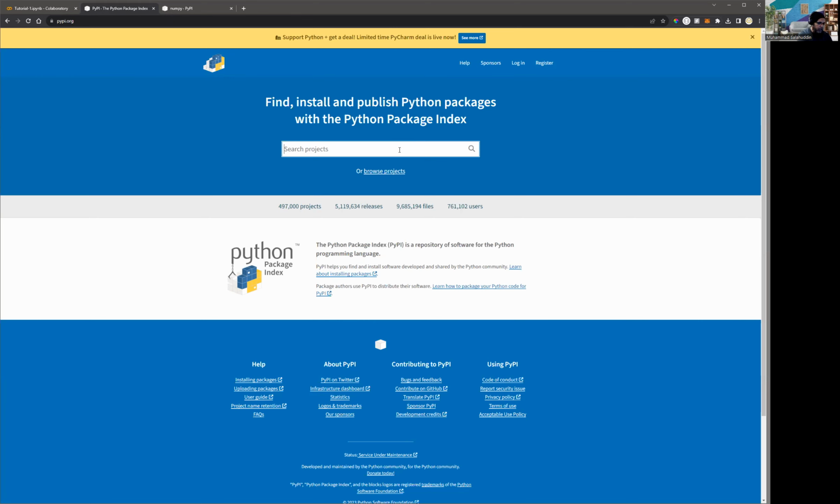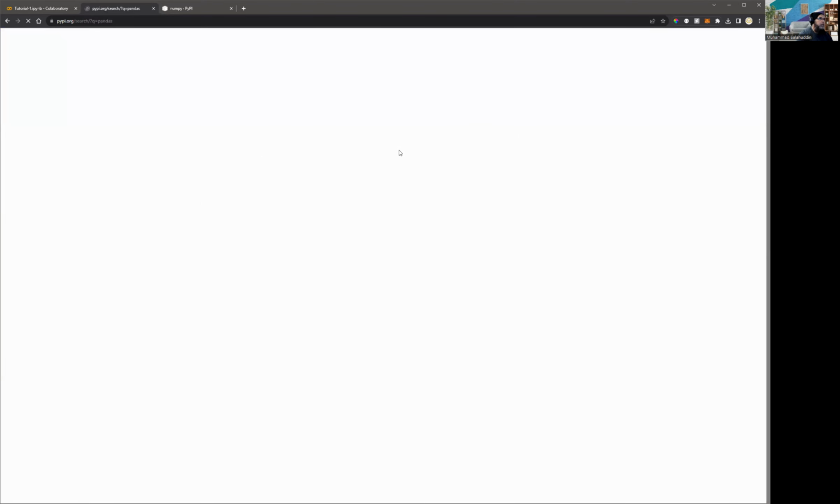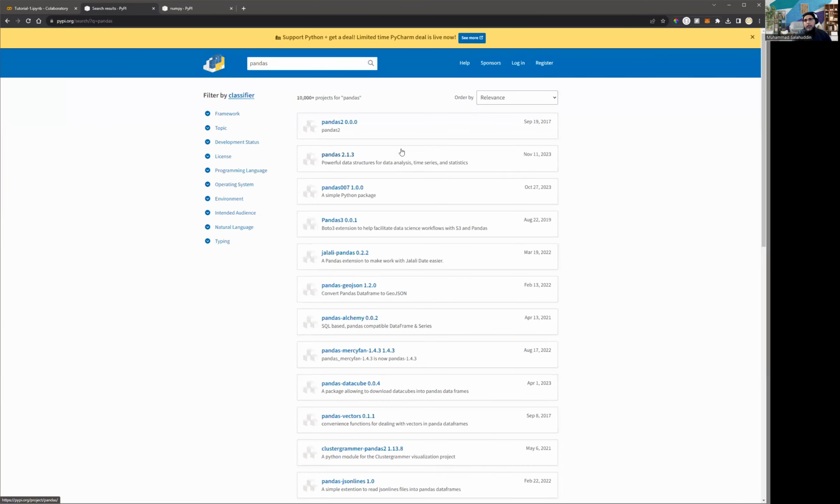So let's take an example, and I want to see, for example, pandas. Because I heard pandas is a data and analytics package that provides us the functionality to load our data in a data frame, and then we can do stuff on it, right? So I just want to see. So yeah, now you can see as soon as we search it, we have plenty of versions appearing, and obviously we can